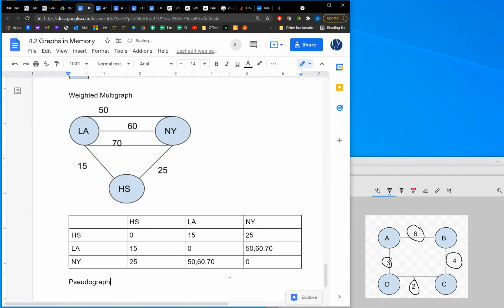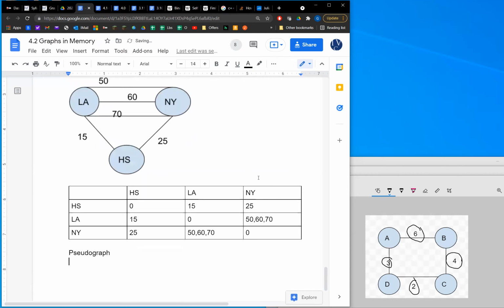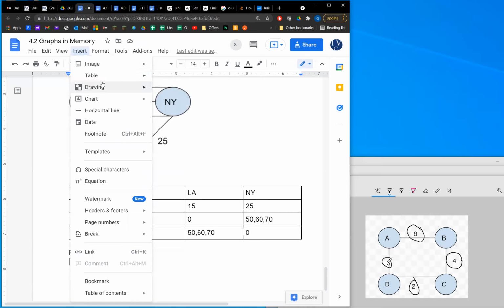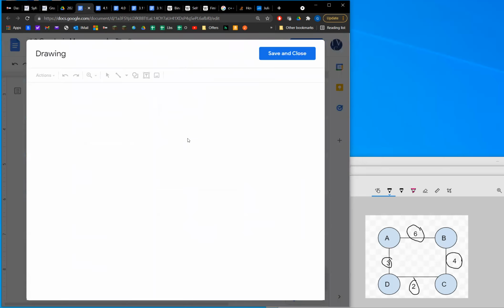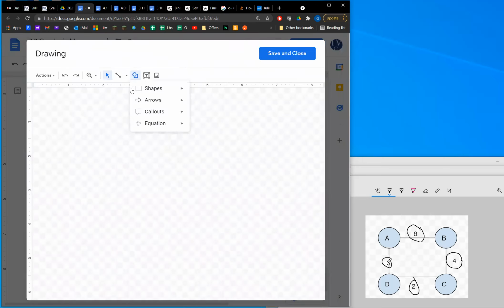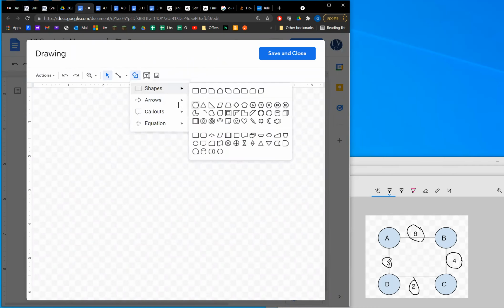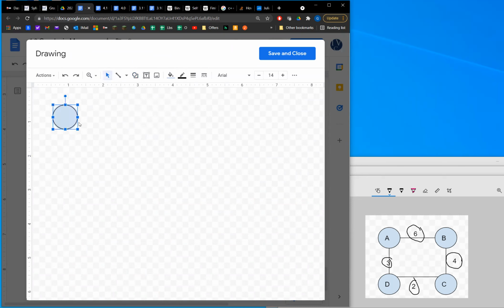Pseudograph. Now I need to get some links on some definitions. We'll see that there are some varying definitions for some areas of graphs, and we'll point those out. We try to operate in the realm of consistent